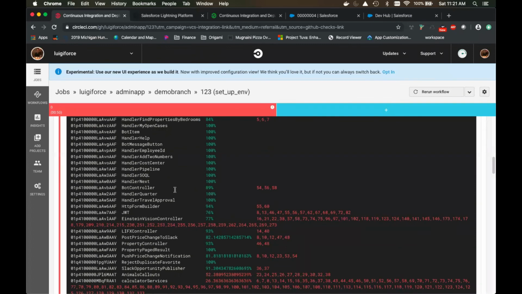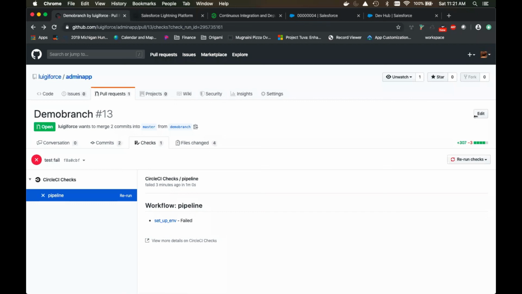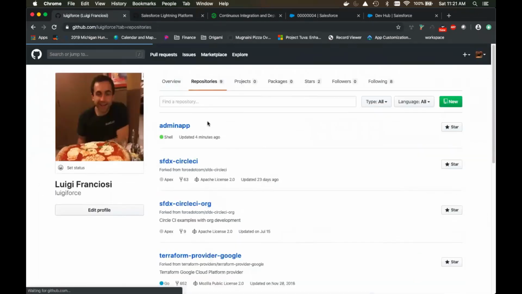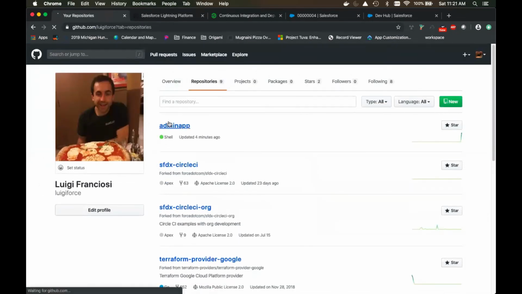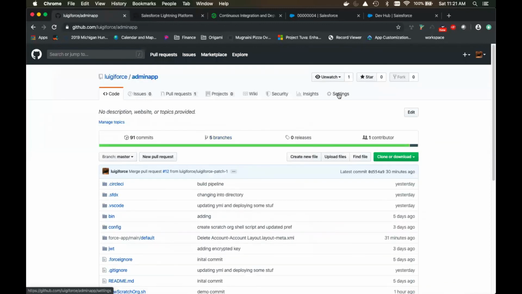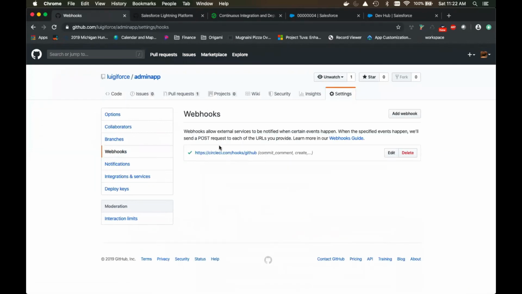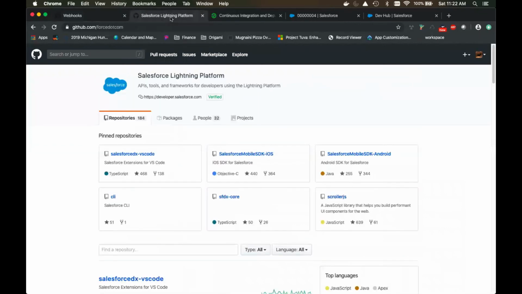Okay, one more question here: how did you connect your CircleCI with your GitHub? Did you create any webhook? Yeah, great question. Basically, it's an API key right here, and through CircleCI,